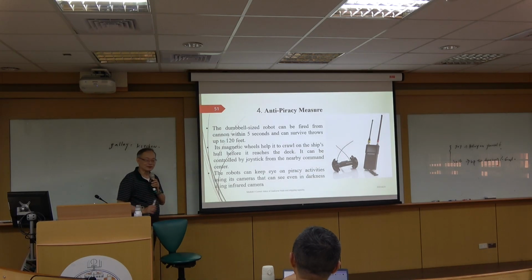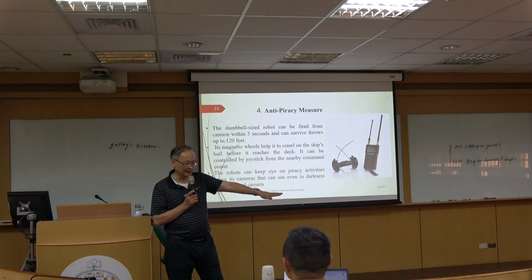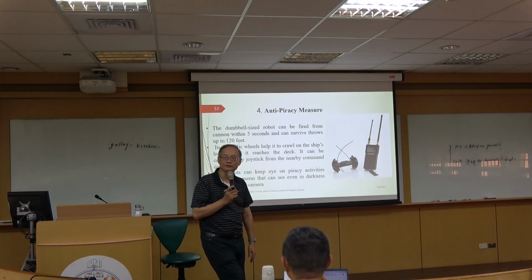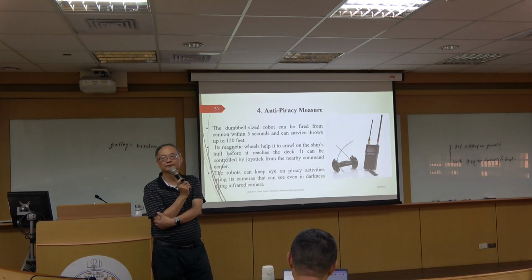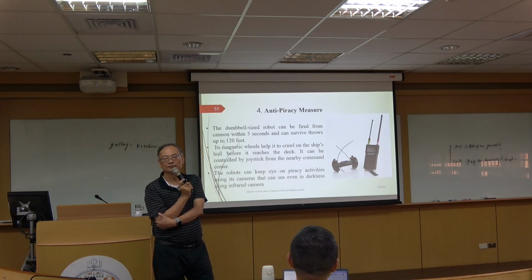Okay, Captain, may I ask you, if you are approaching some area with pirates, what are you going to do? First, a container ship can use a full speed of nearly 22 knots, which is very fast. So we try to outrun the pirates first. And the second, we have